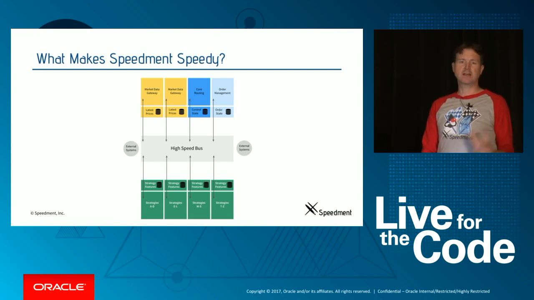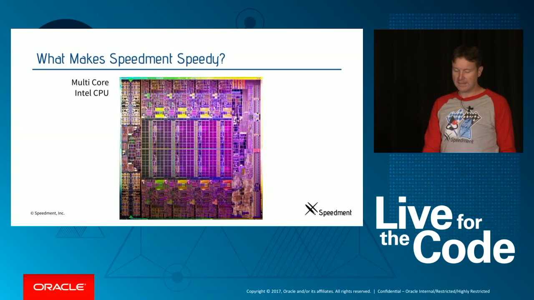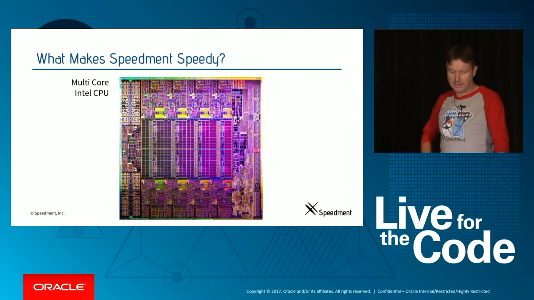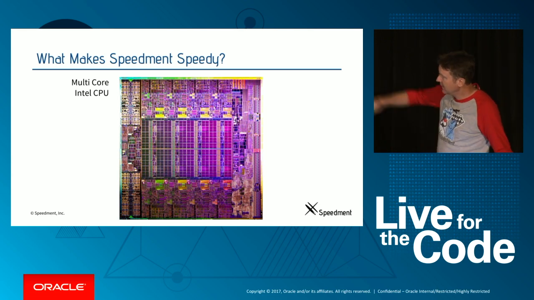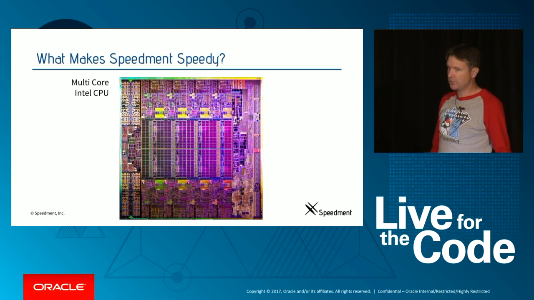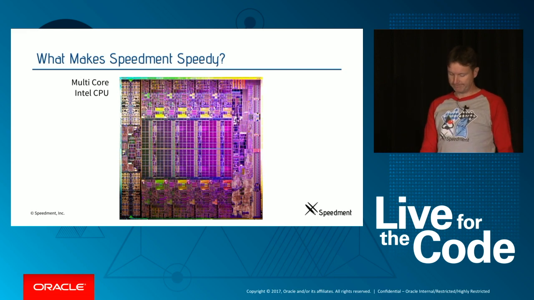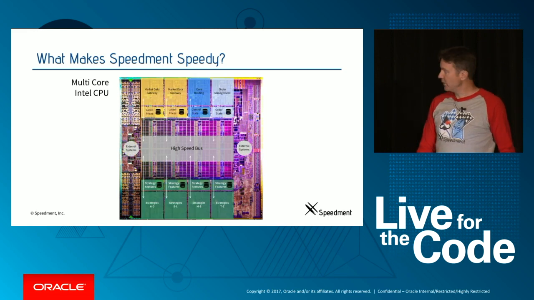So in order to understand how we shall deploy this in an efficient way, we need to understand how the CPU actually works. So this is an Intel CPU, and it has 4 cores. And the cores, you can see in the outer portion at the top and the bottom, are the actual logic. And the further into the middle you come, you see the caches. And in the middle, the biggest area of everything is the L3 cache. And they're all shared between the cores, whereas the L2 and L1 are typically not shared and are assigned to a particular CPU core. So why not do it like this?